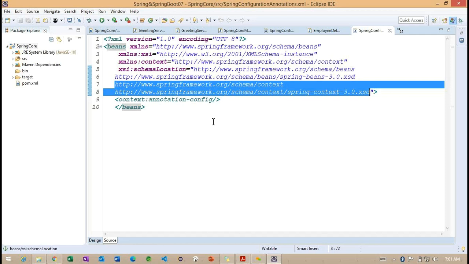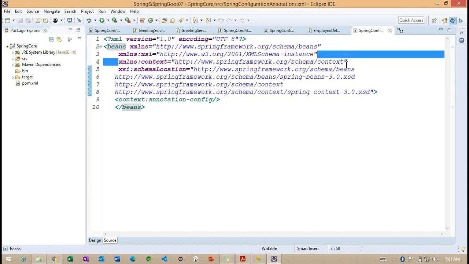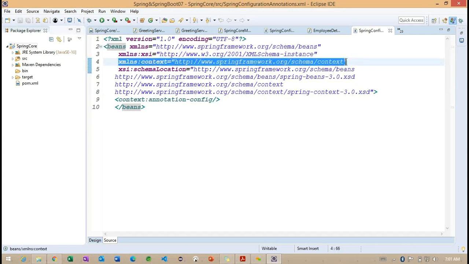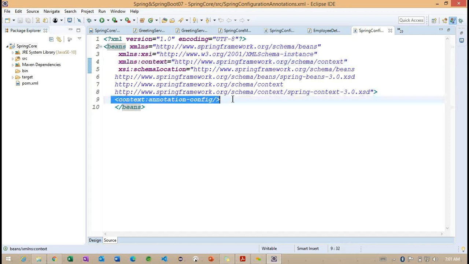These two things we need to add first, and later we need to add a context location. Based on the name of this context, we get another tag. So these three we need to add very carefully.